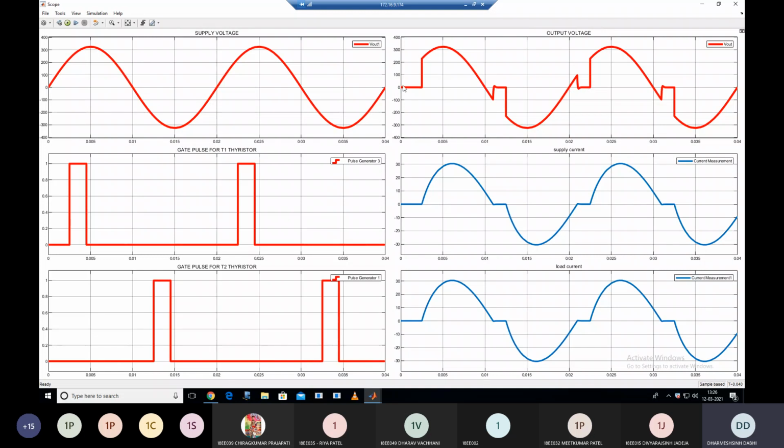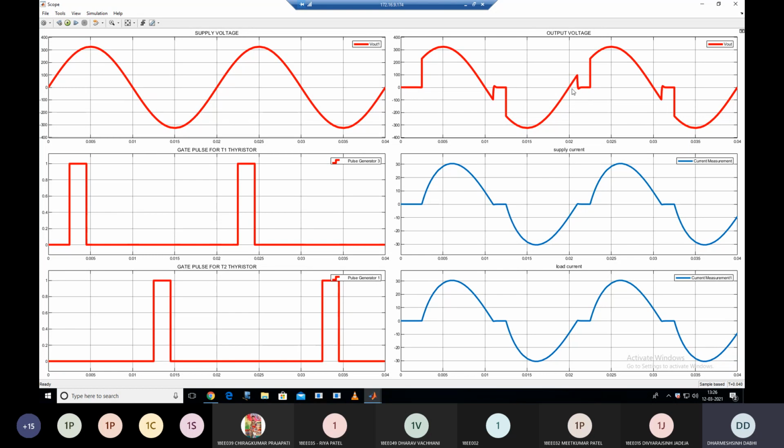You can see that here initially you do not get this positive voltage. Why? Because here you did not consider that your inductor is initially charged. But if you want to take this type of waveform, you set your inductor as initially charged, otherwise you get 0 voltage. Clear? So this is the initial condition. That's why you do not get this positive voltage at the starting of the simulation.